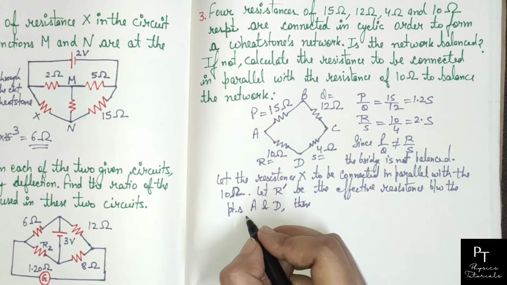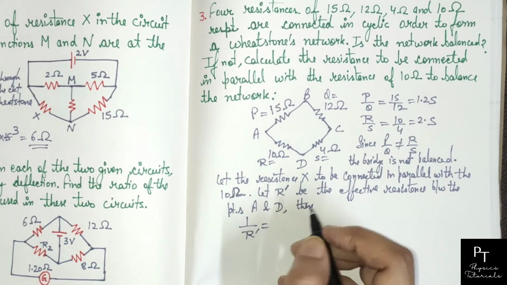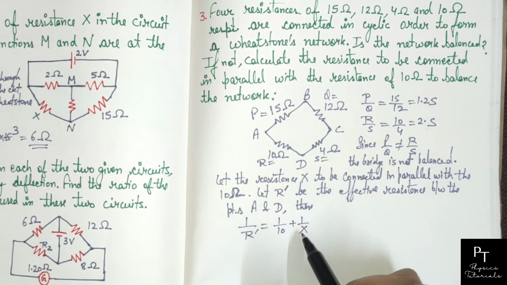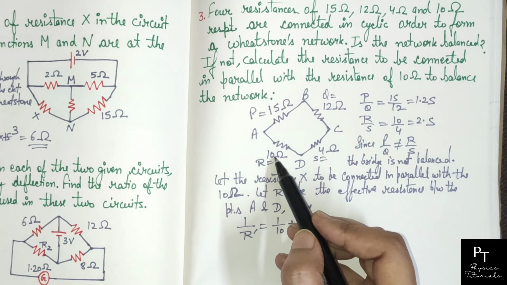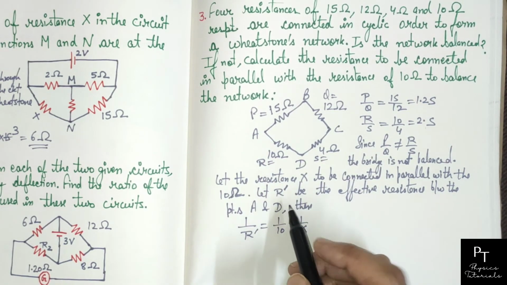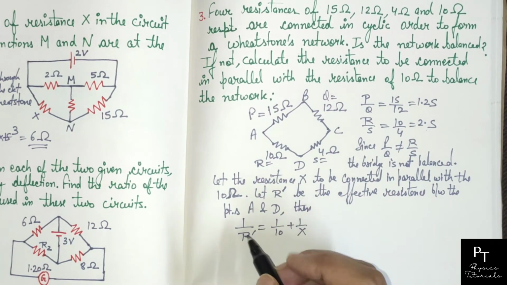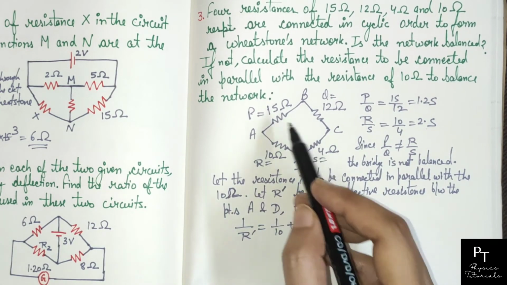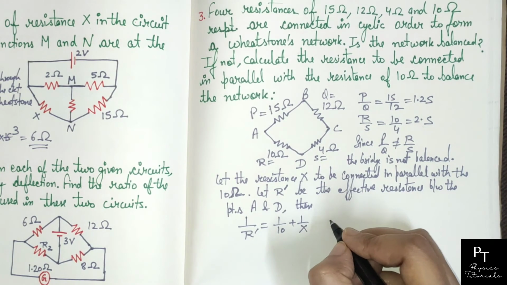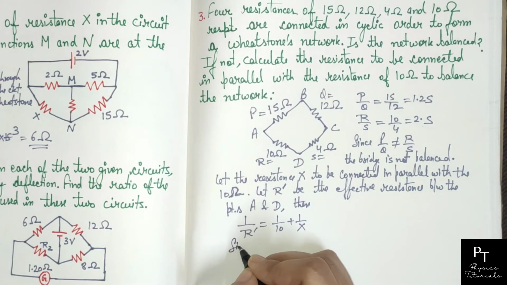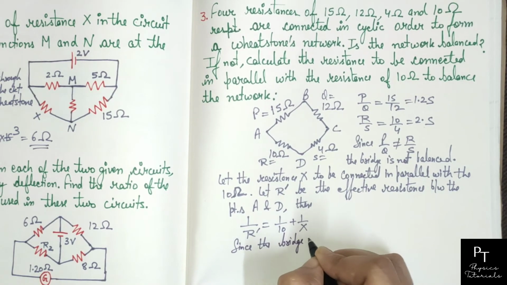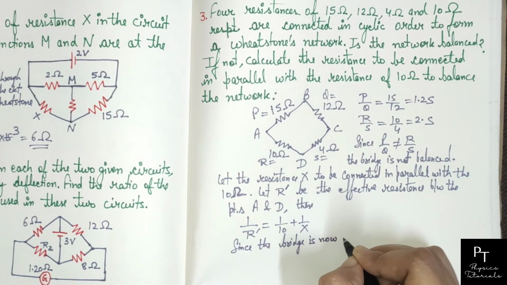Then we can write that 1 by R dash will be equals to 1 by 10 plus 1 by X, because हमने रेजिस्टेंस को X राइट किया जिसको इसके साथ पैरेलल में लगाना है, और हमने ये एज्यूम किया कि जो इफेक्टिव रेजिस्टेंस आएगा वो आएगा R डैश के इक्वल. अब क्योंकि ब्रिज जो है वो बैलेंस है, since the bridge is now balanced,